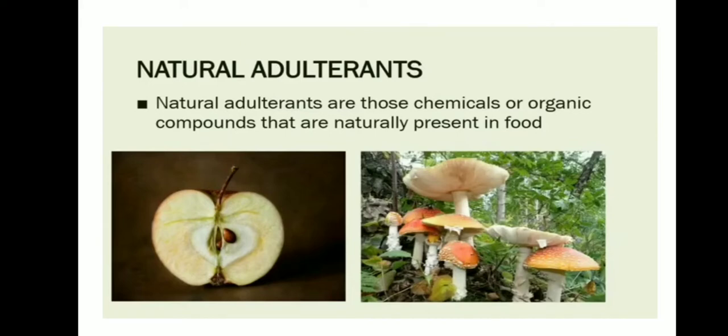So this prussic acid which is present in seed, if it is taken in large quantity, definitely it is poisonous to our health. Likewise, mushrooms are there. So in mushroom, edible as well as poisonous mushrooms are available. So always bright colored mushrooms are poisonous in nature. These are naturally present in these food items. It is not added by the human. Since it is present naturally, it is coming under natural adulterants. Likewise,